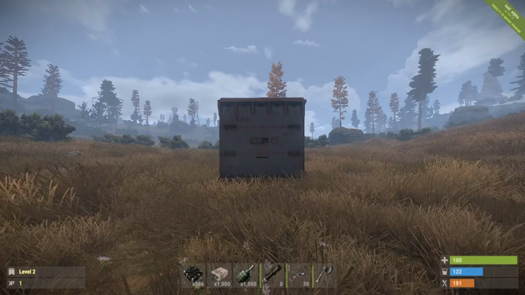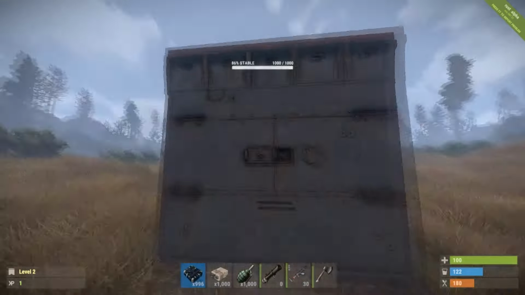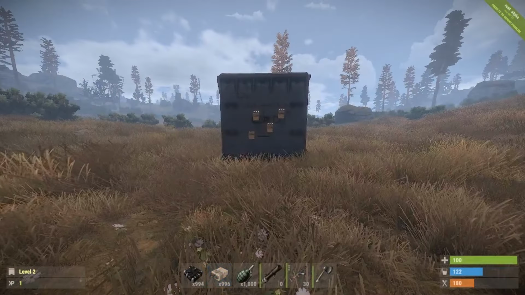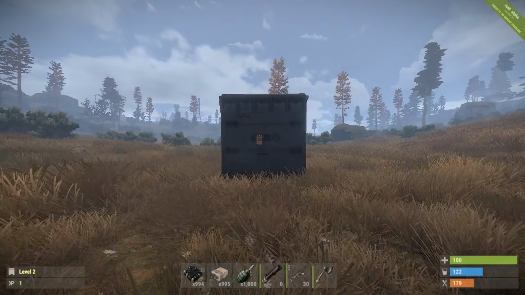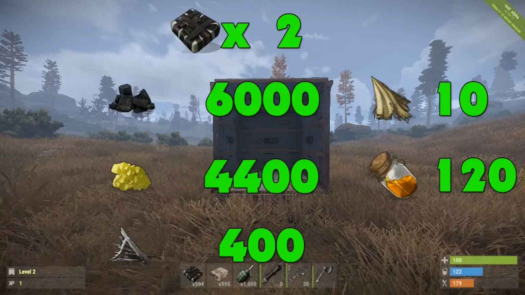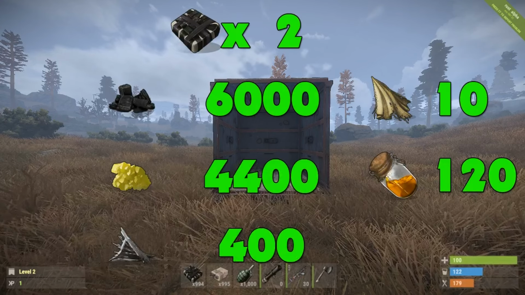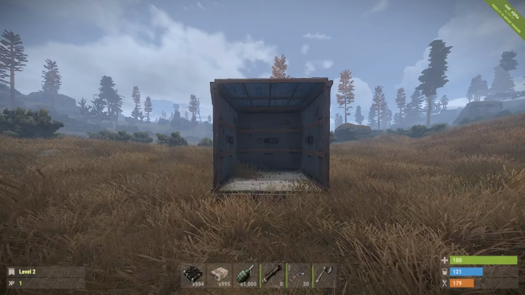And next we have the armoured building component. So we're going to start off here with a couple of C4, and then follow up with 4 satchel charges. Firstly, the 2C4 will cost you 6,000 charcoal, 4,400 sulfur, 400 metal fragments, 10 cloth, and 120 low grade fuel. Then the satchels will cost you